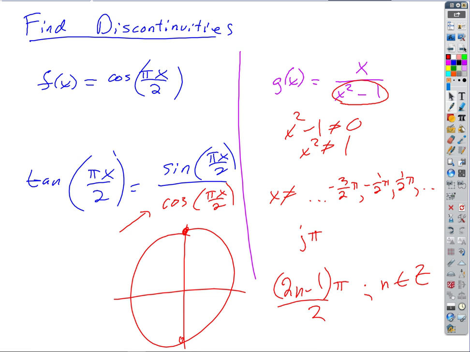Another one. We're still finding discontinuities. How are we doing so far? Is this kind of shaking things loose a little bit? How much time do we have? 4 minutes? All right, we're good. So we'll do the IBT stuff tomorrow. That's fine, we'll finish that up tomorrow. We're on a roll here. So let's look at,